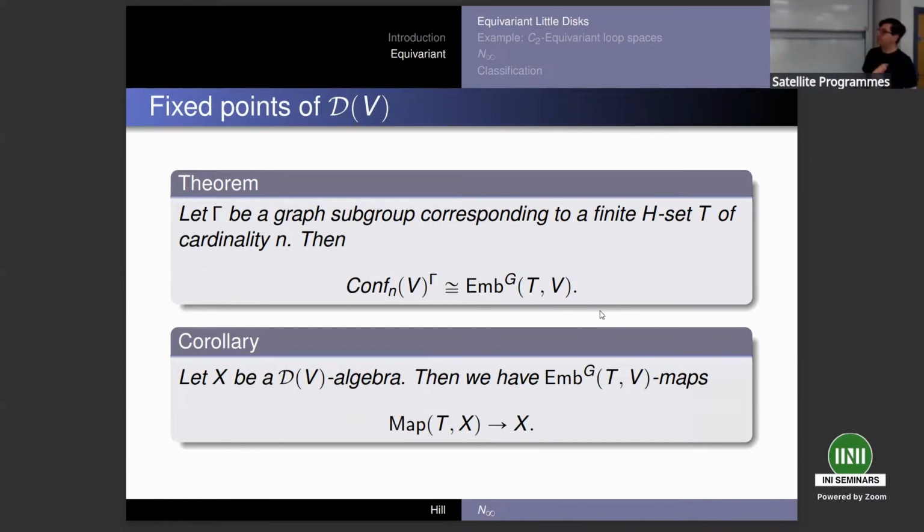But now I have a map, G cross sigma n mod gamma into the nth stage of my operad, and that map was G cross sigma n equivariant. So I can do the same thing: cross that map over sigma n with x to the n. That gave me the equivariant space of maps from my finite G set T into X, and I send that back to X. And the collection of such maps is given by this embedding space.